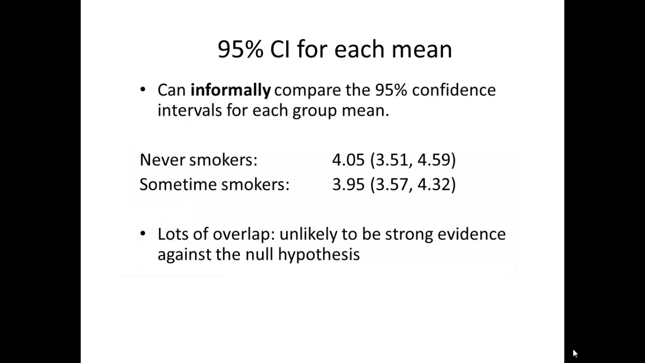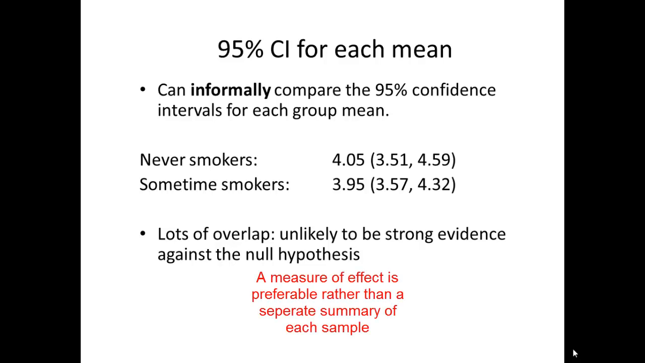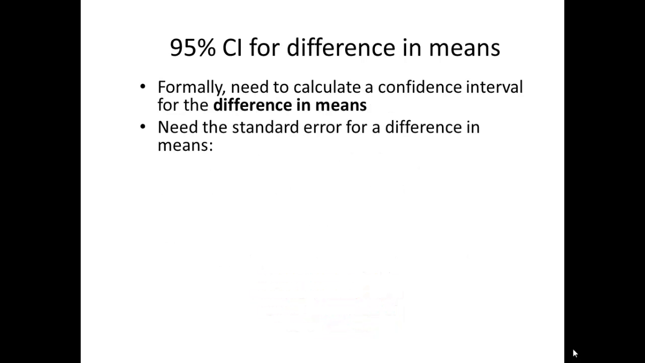However, we ideally want to directly compare these 2 groups in some way, rather than just describe each. So what I mean by this is that we want a measure of effect, a single statistic that describes the difference in forced vital capacity between these 2 groups. As we saw at the beginning of the video, this can be quantified by just taking the difference in the